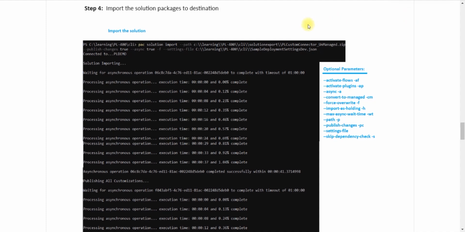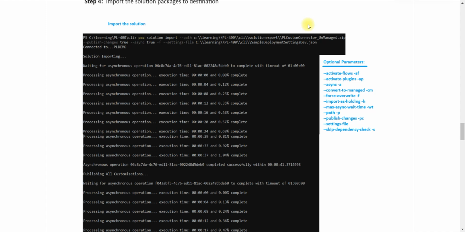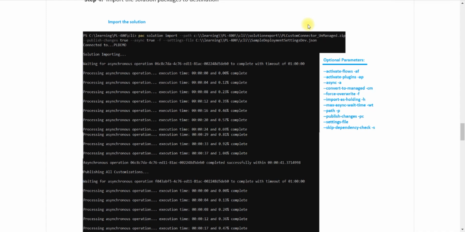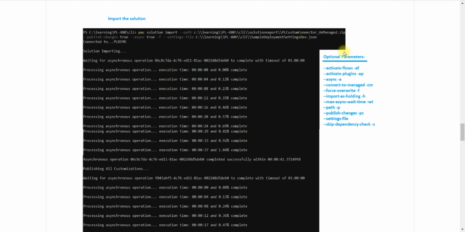Now the next step is to import that solution. We have the exported zip file, and we need to import that zip file to the test environment or the other environments. In order to import the solution package to the destination, we need to type the command pac solution import and the path of the zip file. There are some optional parameters other than the path. The first is